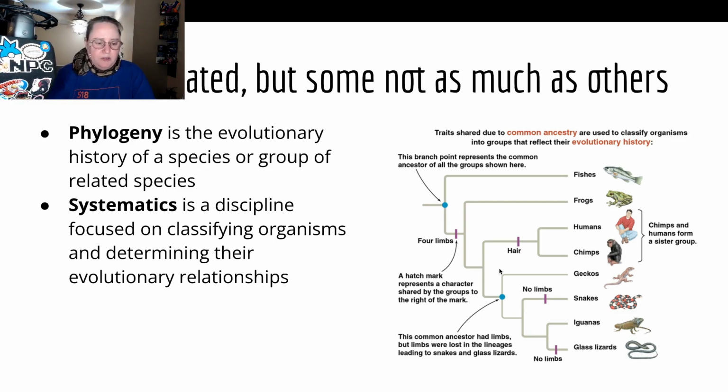Now, keep in mind, there's two things going on here. We've got phylogeny, which is the evolutionary history of a species or a group of related species. And you can see, we're all vaguely related. I'm not related to a fish directly, really off, but our genetics is all there. We all have the genetics, especially in the animal kingdom. If you look at this bunch right here, even though we all have bones, it kind of goes back and forth because some of them have no limbs and some of us kept our limbs and all that fun jazz.